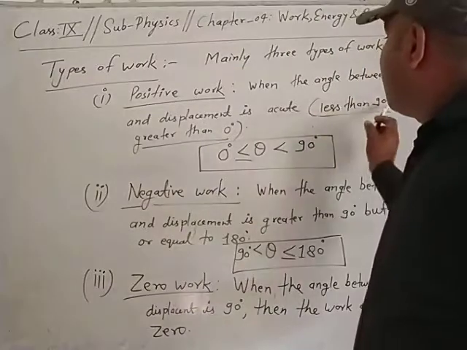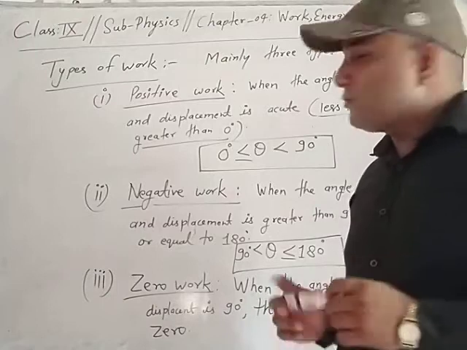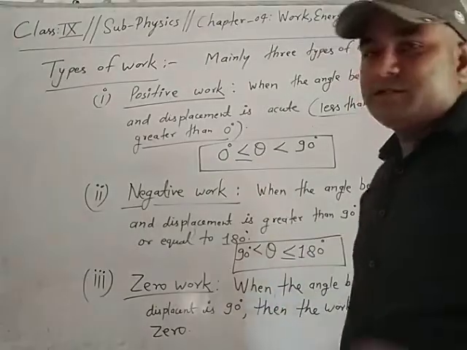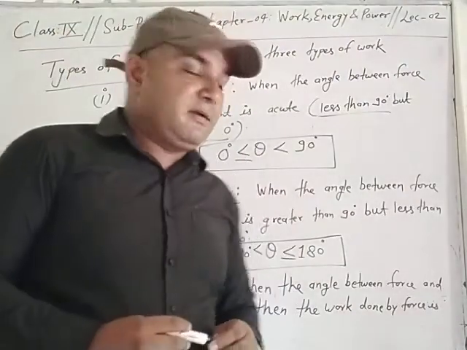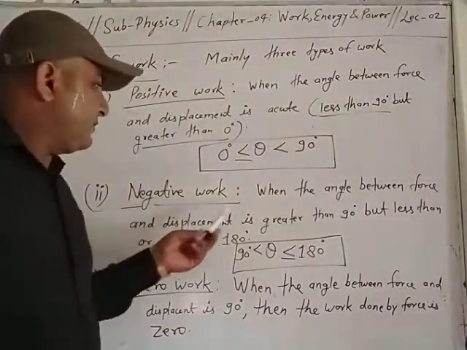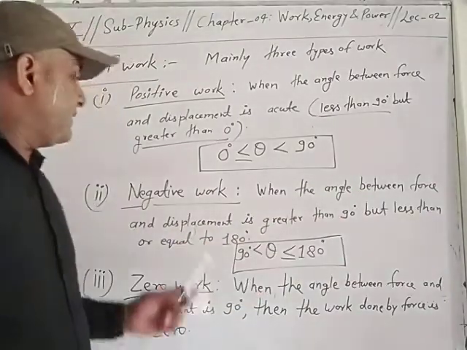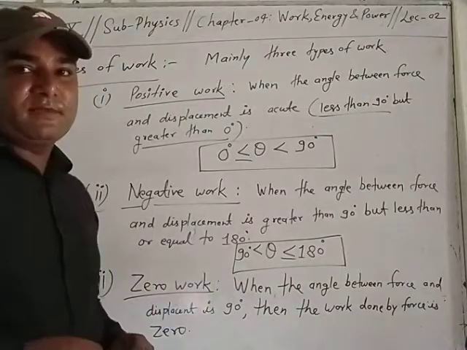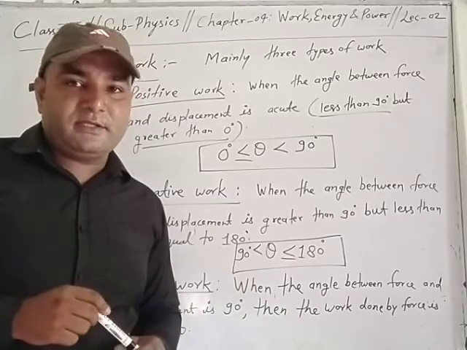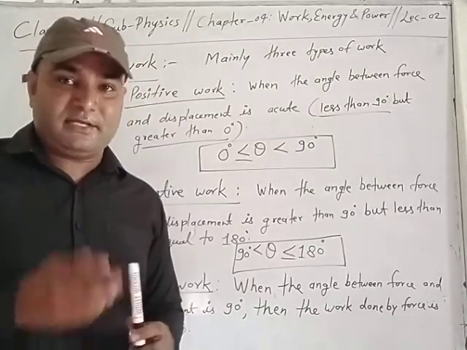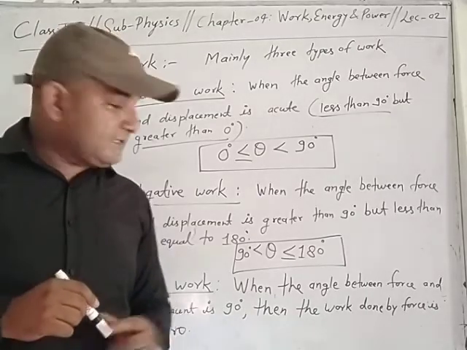Listen. For positive work, the angle is acute. Acute means less than 90 but greater than 0. In case the angle is equal to 0 degree, then work done is maximum and also positive work. And second case, negative work, when the angle between force and displacement is greater than 90 but less than or equal to 180 degree. It means whenever the angle is equal to 180 degree, the work done is also negative, and for angles greater than 90 and less than 180, in this case also the work done is negative,